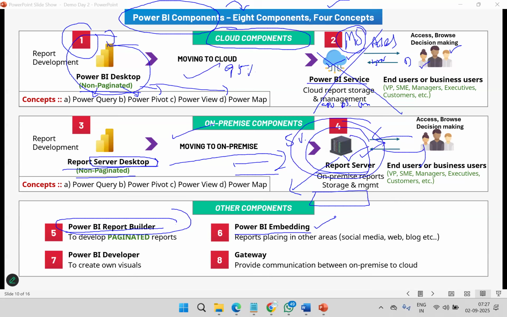A few technical resources say, yeah, Power BI visuals are okay, and we have very good skills. Can we create our own visuals in Power BI and use Power BI concepts? So visuals are only their own, but they want to use Power BI concepts. Possible. By using a component called Power BI Developer, you can develop your own visuals through coding.